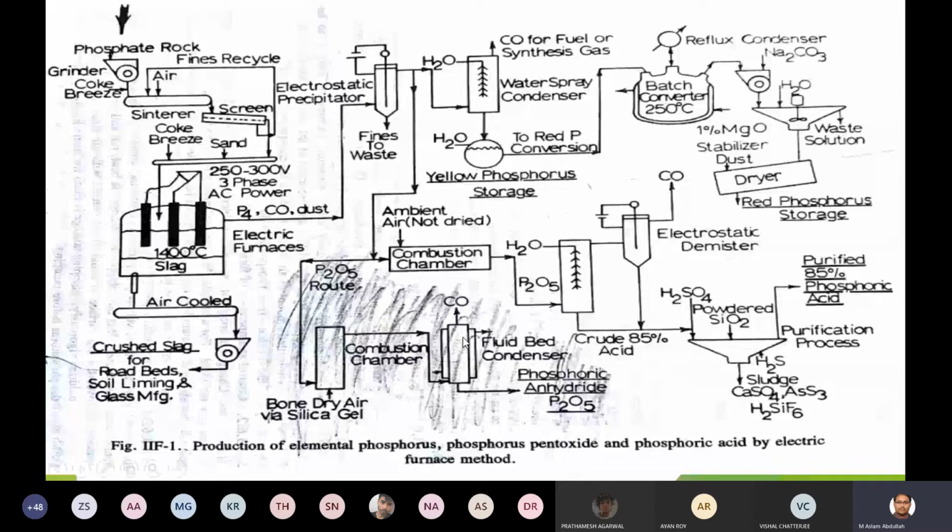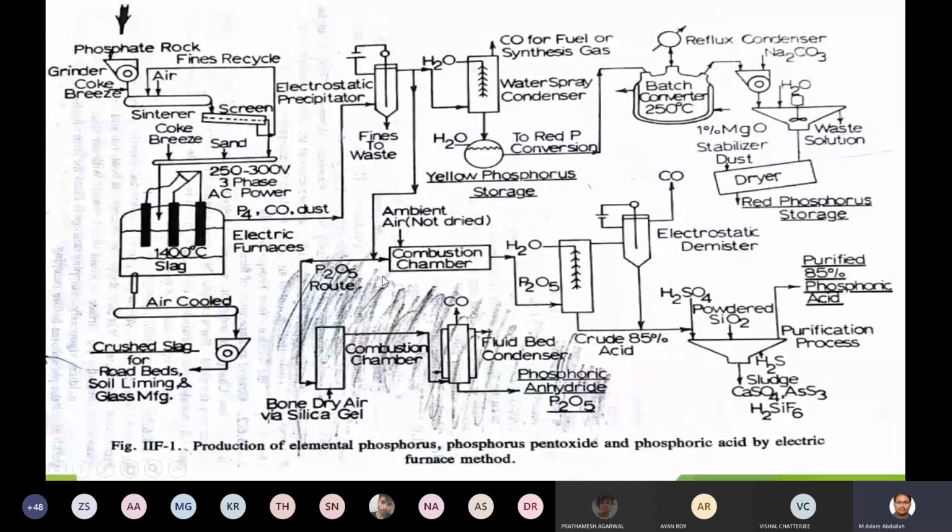In the fluid bed condenser, you can see that along with the rectangle reactor, you will have an outer lining. This outer lining indicates you will pump cooled water externally. Normally the term condenser itself indicates that you are going to do a cooling activity. The temperature will be brought down from 800 degrees Celsius to normal room temperature. Once you bring down the temperature gradually, carbon monoxide will evolve out. Now you can retain only the phosphorus pentoxide. This is one way of production of phosphorus pentoxide.